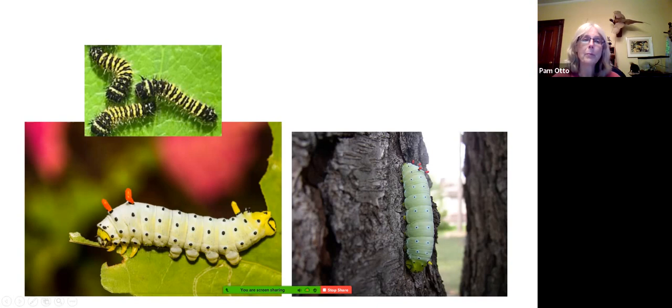So in the upper left here, these are the early instar Promethea moth caterpillars. These are, I believe, an inch or less in size. As they grow, their appearance changes, and they do get pretty ornate as they get larger. They've got a couple of bells and a couple of whistles here. They've got these projections here. These are not, by the way, cocoons of